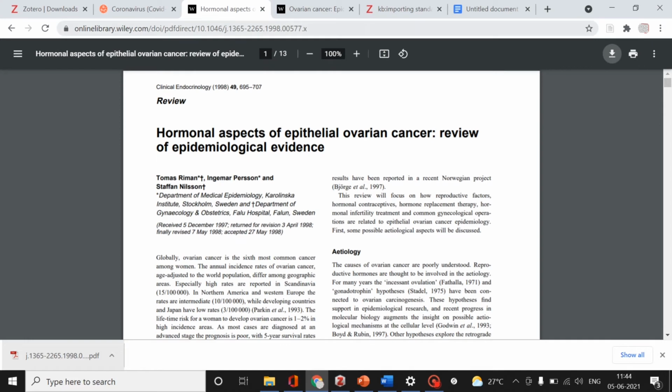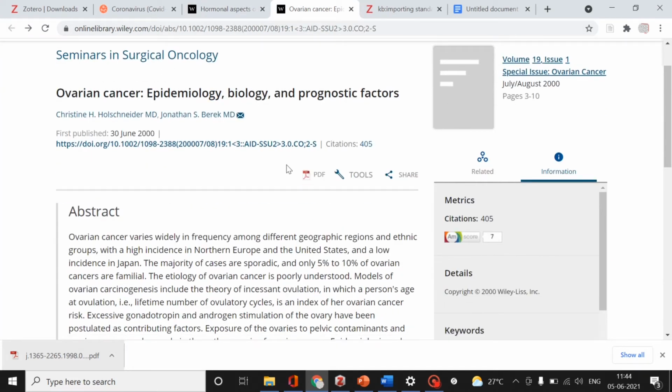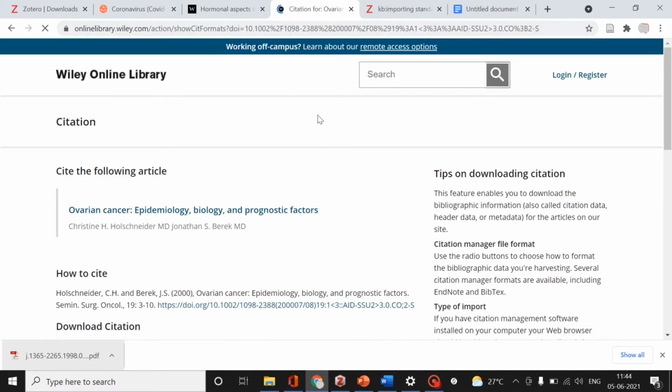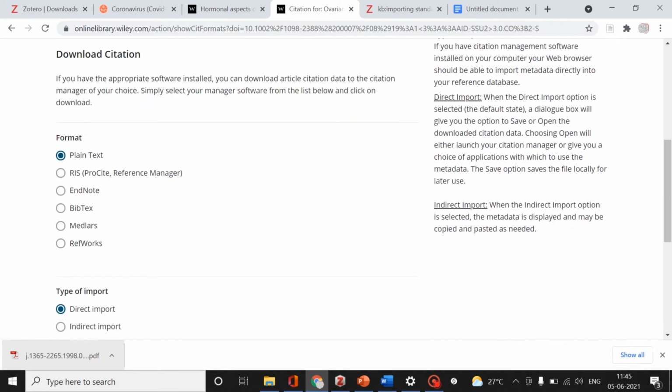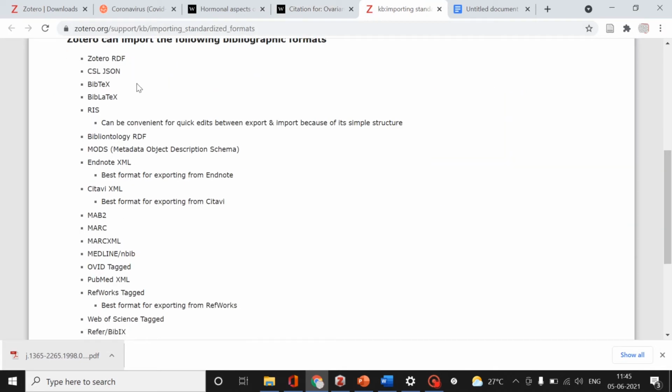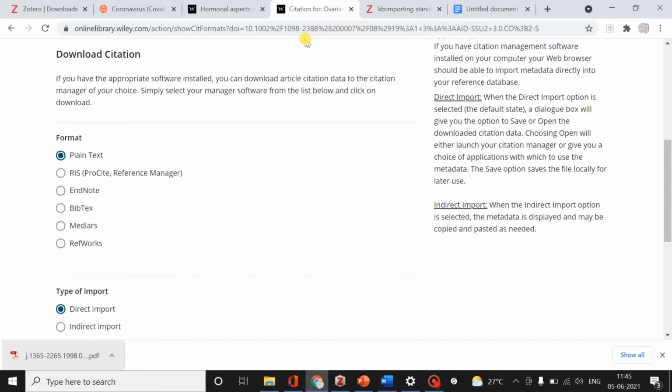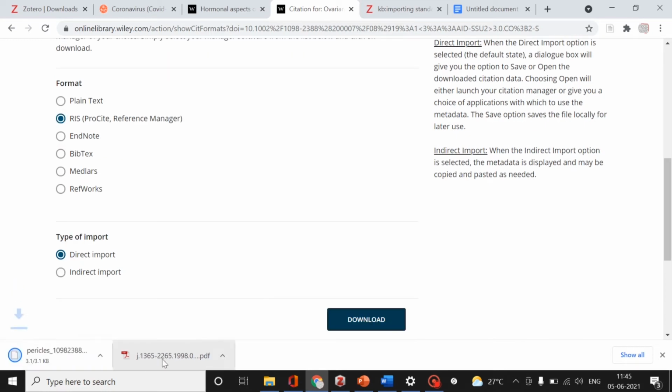Then the fourth way is to download the citation format files. So mostly it will be like export citation you need to do. So the formats will appear here. Most commonly all these formats will be supported with Zotero. Here is the list of bibliographic formats which are supported by Mendeley. I think this is the maximum, better than any other software. So we can use this RIS, which is the most commonly used. So after downloading this, we need to open that file.